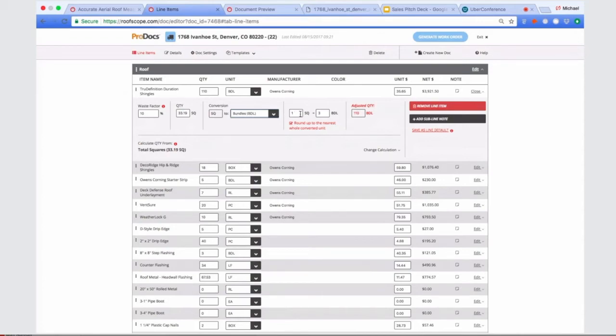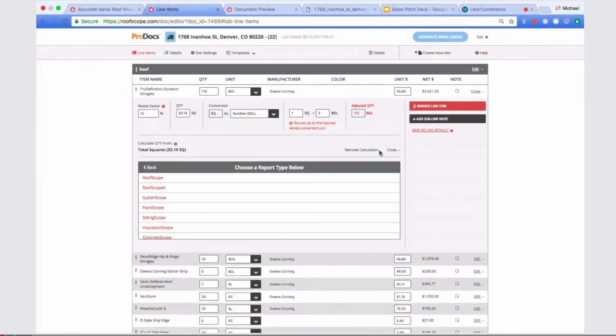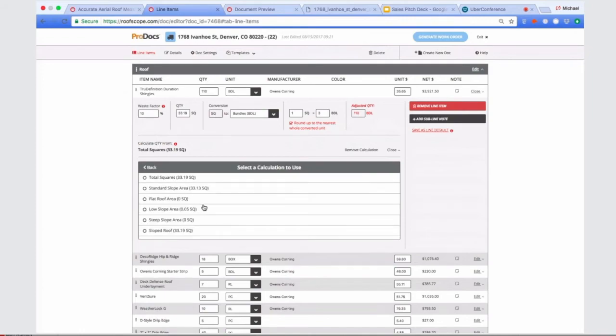I know that one square is 3 bundles, and I'm going to round up to the nearest bundle because I can't buy a third of a bundle. And given all this information, I know that we need 110 bundles at $35.65 per bundle for a total of $3,921.50. So we're pulling all this information from the RoofScope reports. Again, I've chosen to pull this from